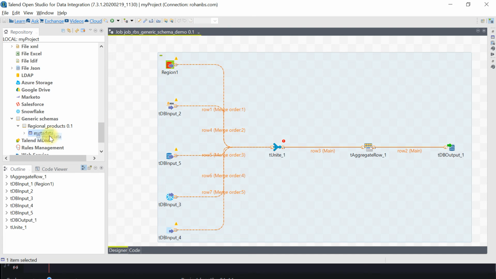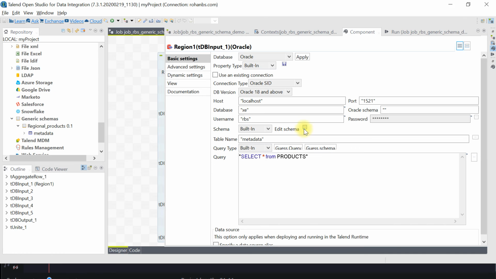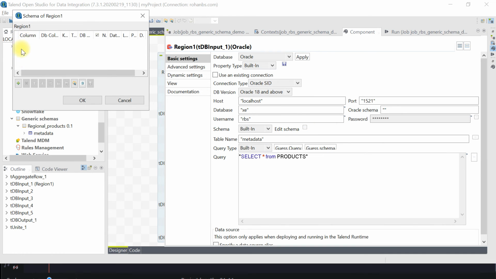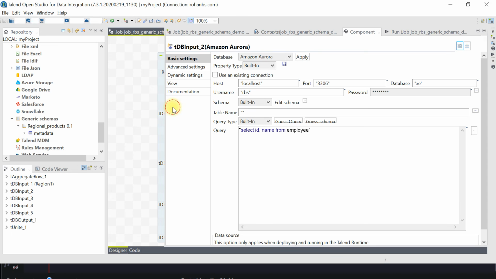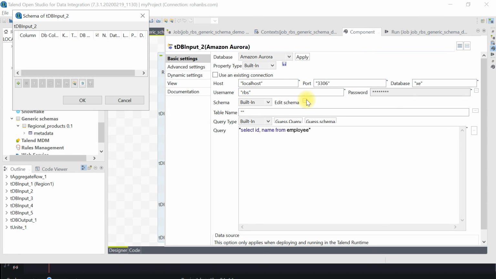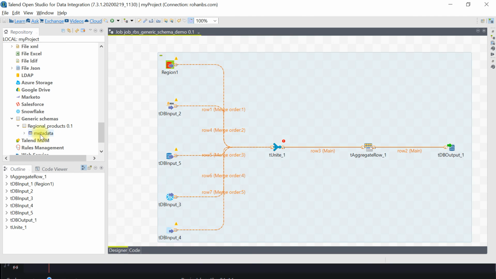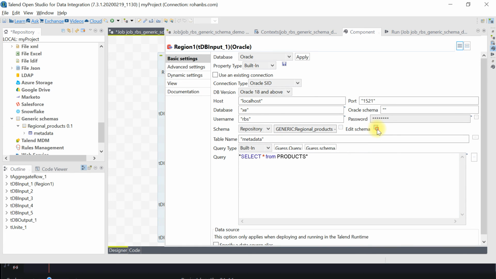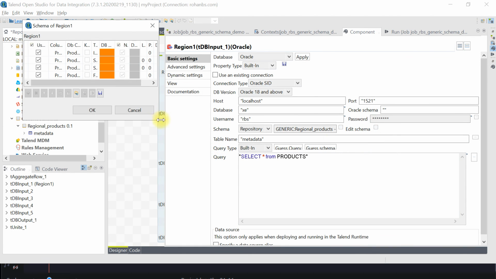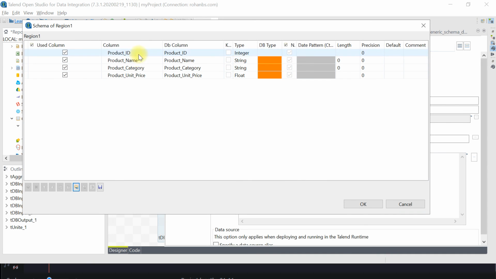Before that, what I want to show is, if you go to this edit schema, see none of the columns are present, right? So there are no columns in any of the SQL input, right? There are no SQL table columns. So all you have to do is just do a drag and drop, and this will automatically copy the schema. Just to show you quickly, when you go to this edit schema, right, view, you should be able to see all the columns from the generic schema.